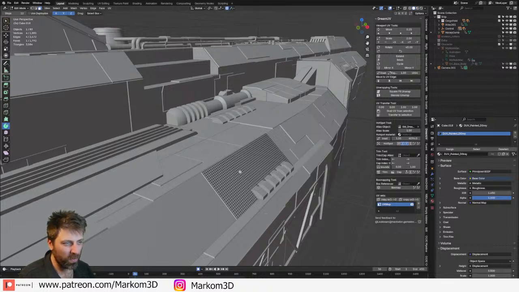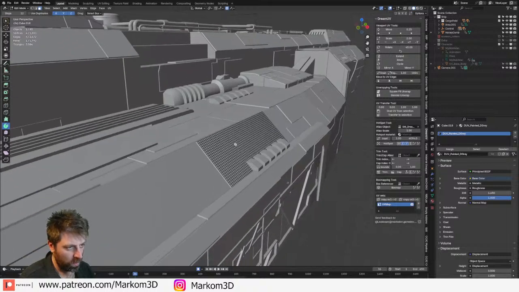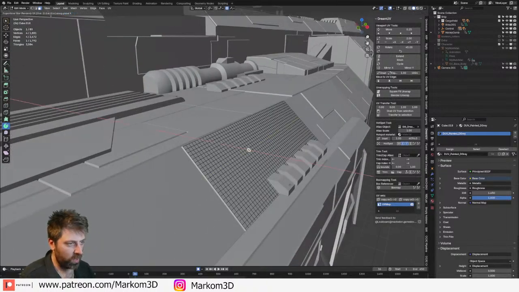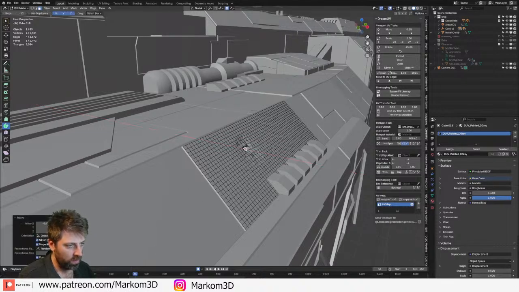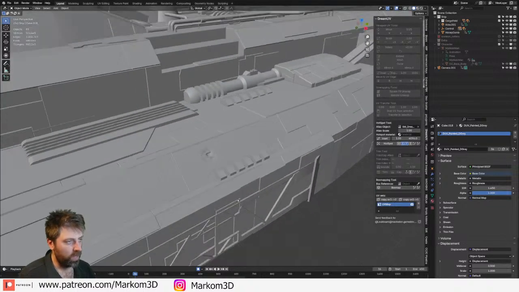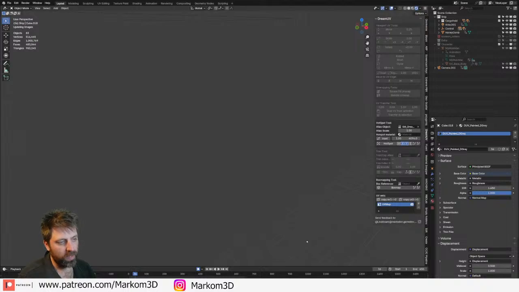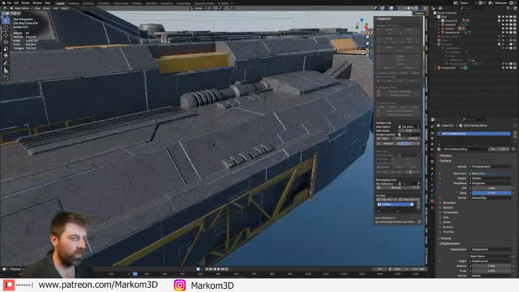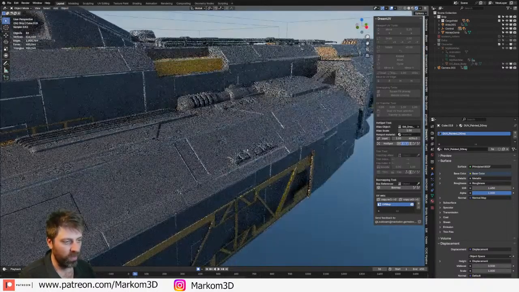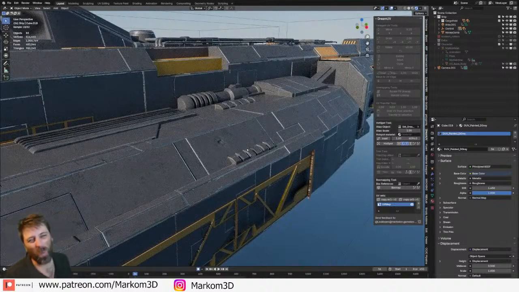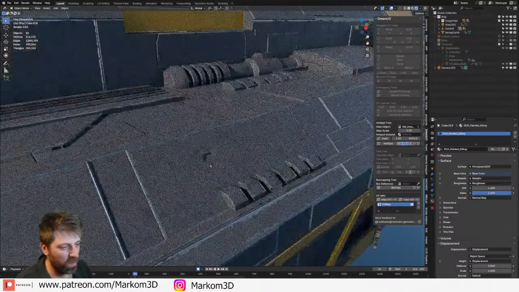We'll do a little bit of random. G, X, bring that all the way in. And then we've got that. And then if we come into edit mode, this is where ambient occlusion would work really nice. And now we've got a bit of a dent. Bit of an iffy way around doing it. But yeah, probably be the way to go.